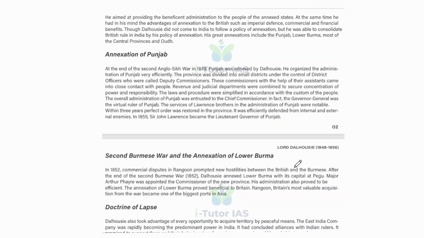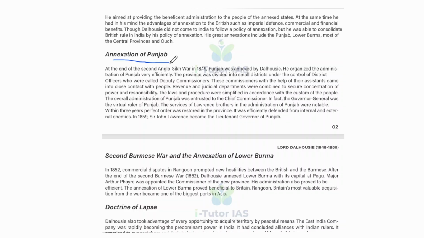Though Dalhousie did not come to India to follow a policy of annexation, he was able to consolidate British rule in India by it, and his great annexations include the Punjab, Lower Burma, most of the Central Provinces, and Awadh. On the annexation of Punjab: at the end of the Second Anglo-Sikh War in 1849, the Punjab was annexed by Dalhousie, and he